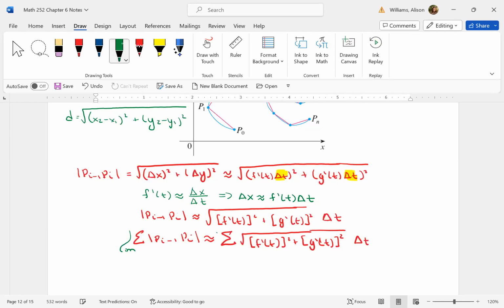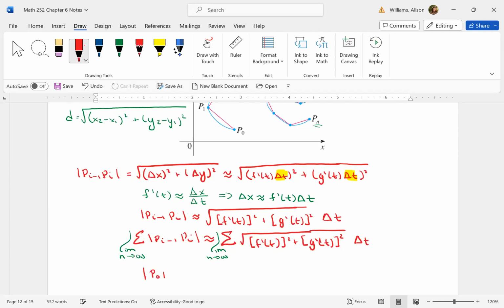I'm inserting a limit in here: the limit as n goes to infinity, as we're assuming n line segments, right? Because p sub n is the last point there. As n goes to infinity, the length from p sub 0 all the way to p sub n,